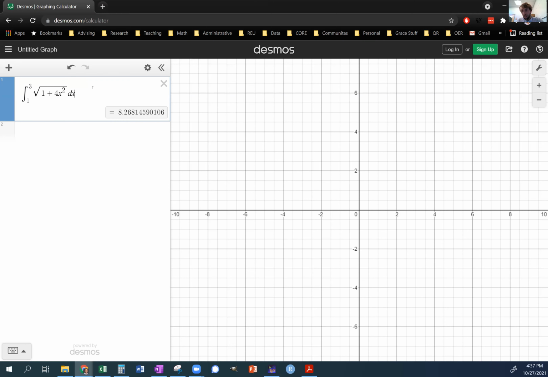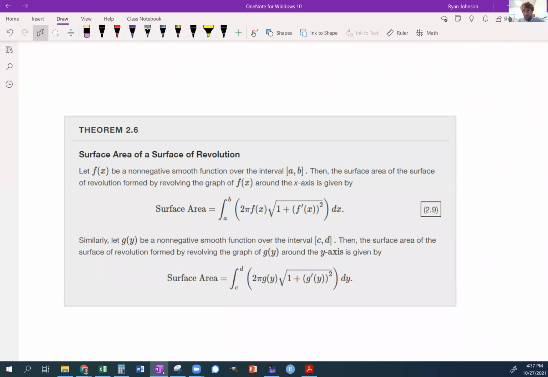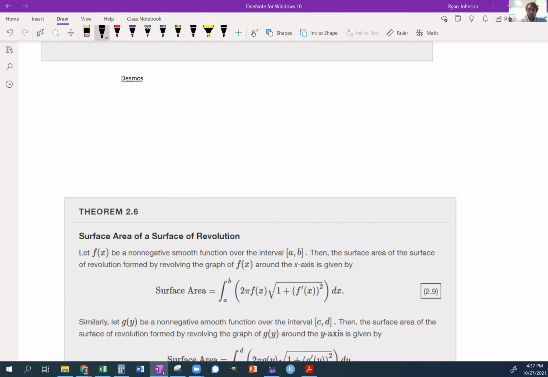You'll be quizzed on setting up the integrals. Cool? All right, now we're not done yet, because there's also surface area. So when we talk about surface area of things that are spun around, then we're thinking about these funnel type shapes. And if we add up a bunch of these funnel type shapes for whatever the line is doing,